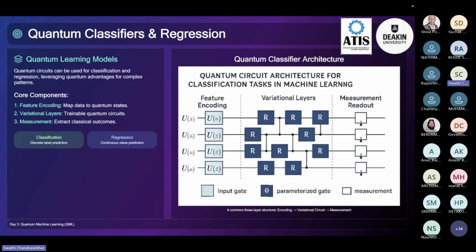We finally measure one or more of the qubits. The measurement outcomes or their probabilities are converted into predictions. If we want to take an example of spam detection, suppose for each email, we might extract a few features, like, for example, the fraction of words in all capital letters, the number of links, whether certain spammy phrases appear or not, or at what time of the day the email was sent. And here is how a quantum classifier would work: if you go to step one,